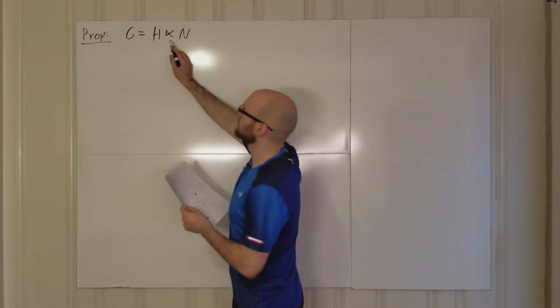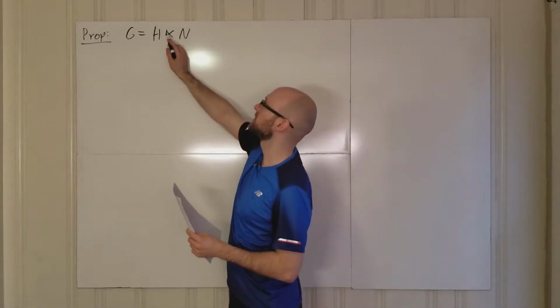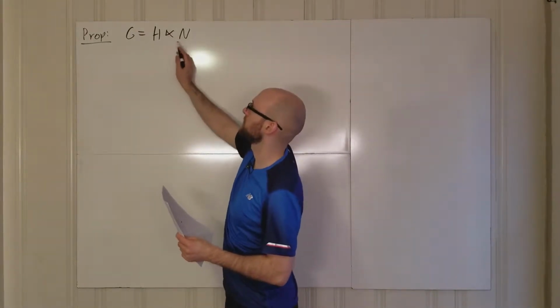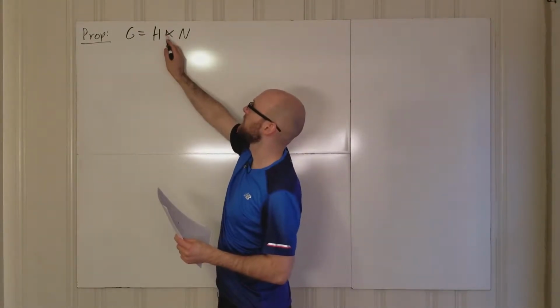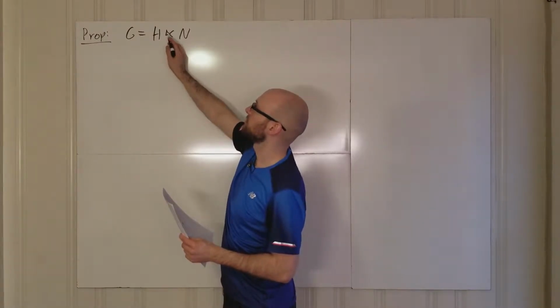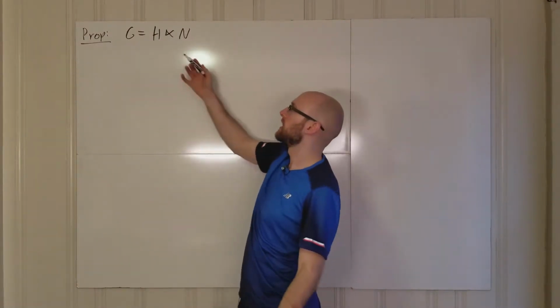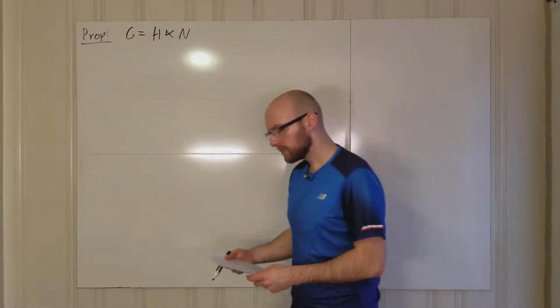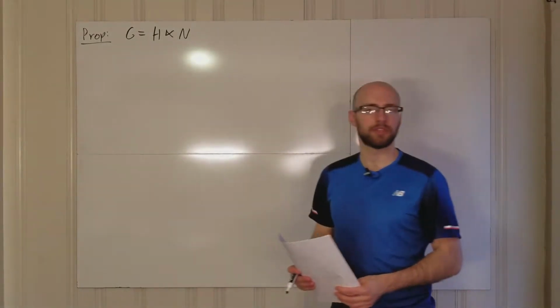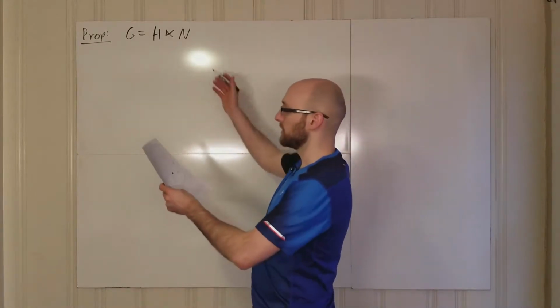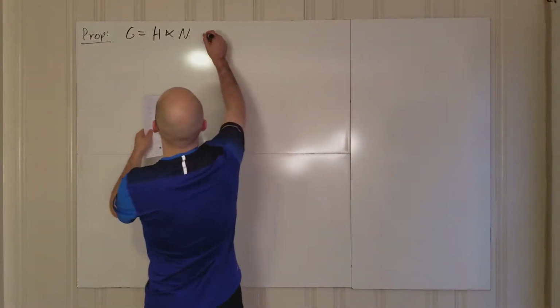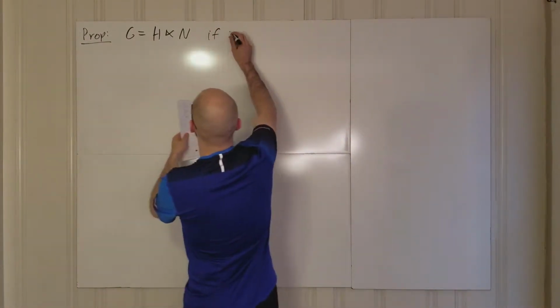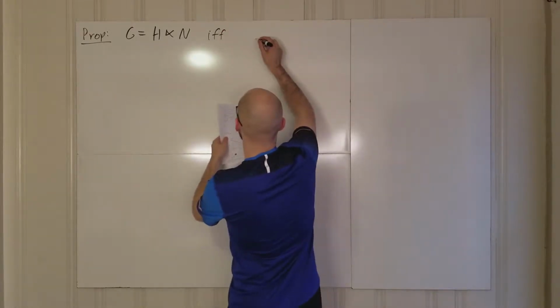By the way, the reason we use this symbol is because this is kind of like a direct product, which would just be X, but then you have this line here which gives you a triangle, which is like normality, and so N is normal in H in some sort of way, and in the next lecture I think we'll talk about that a little bit more. But anyways, G is equal to this semidirect product if and only if